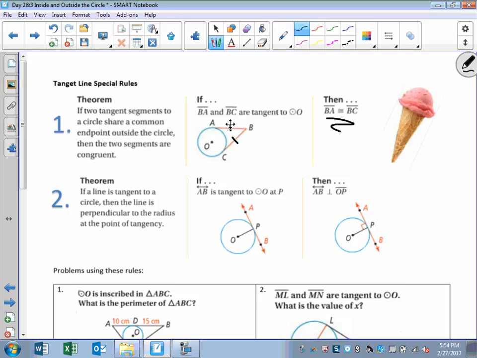The second one is, if a line is tangent to a circle, then the line is perpendicular to the radius at the point of tangency. So we have AB tangent to circle O at point P. That means the radius and the tangent line are going to form a right angle. So if we look at some of these questions,